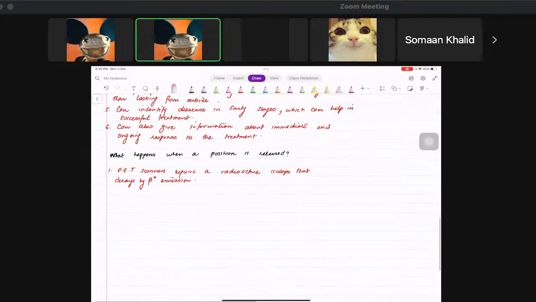Now, 2. Since beta positive is an anti-particle, as you guys already know, to an electron, as it is released,